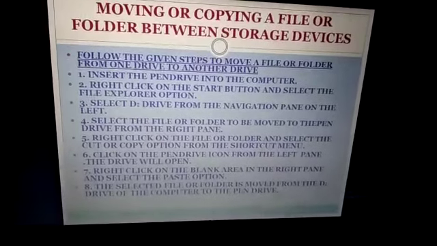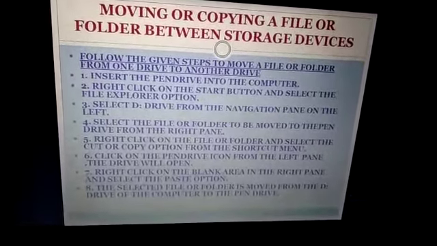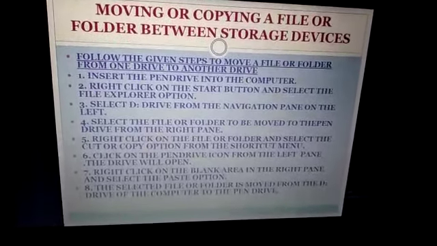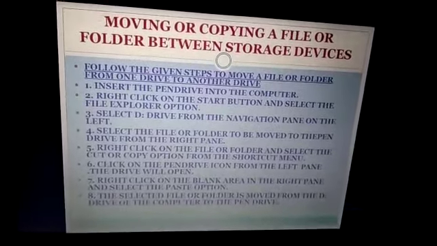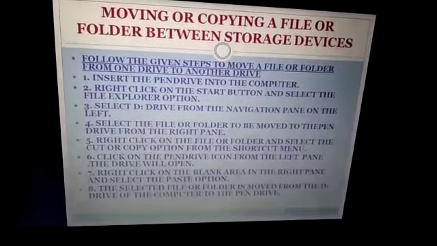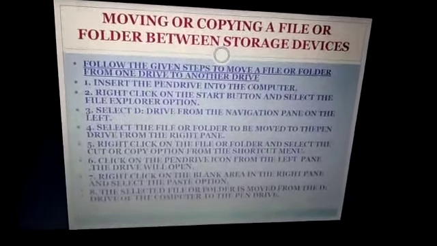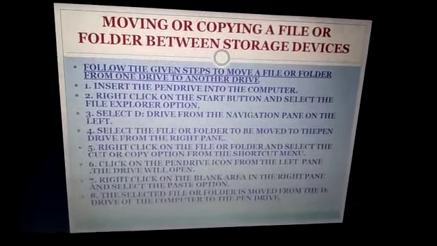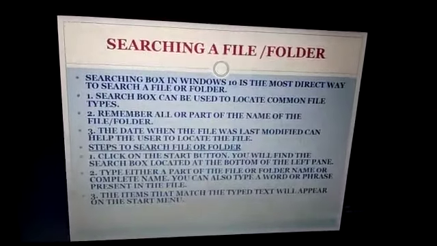Click on the pen drive icon from the left pane. The drive will open. Right click on the blank area on the right pane and select the paste option. The selected file or folder is moved from the D drive of the computer to the pen drive. These are the steps we have to follow while moving or copying a file or folder between storage devices.